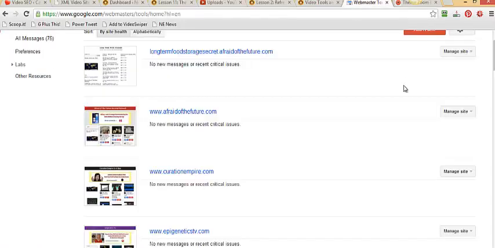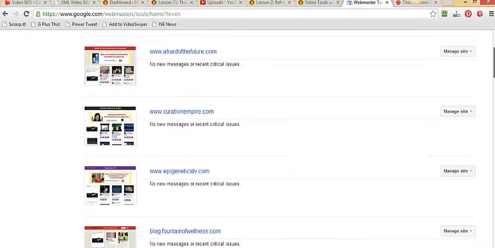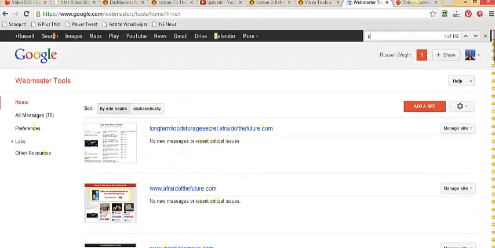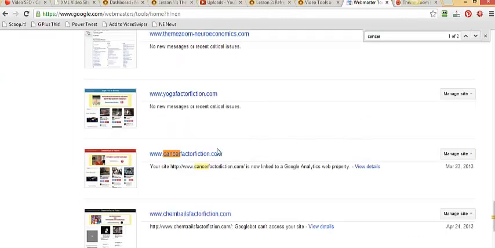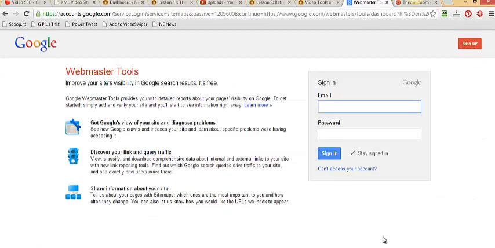Let's go to Google Webmaster Tools. If you don't use Webmaster Tools, I understand. There are people that do not. But let's go to Curation Empire, or actually let's go to Cancer Factor Fiction. When I click on that and I go into it,